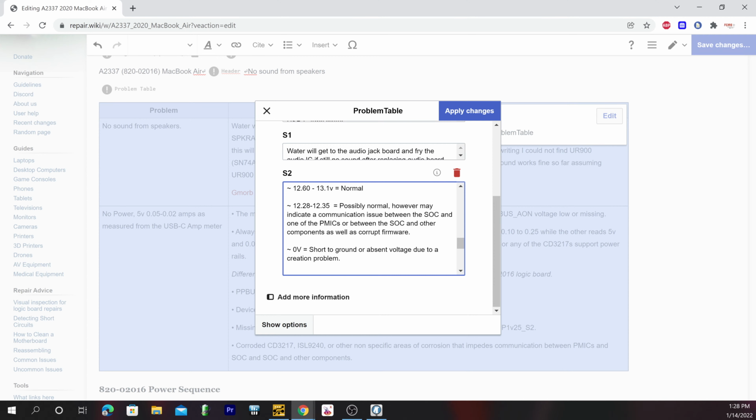Creation problem. Don't want to do that. See the repair steps below for